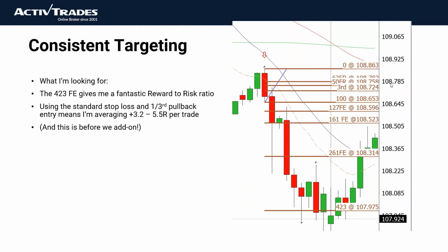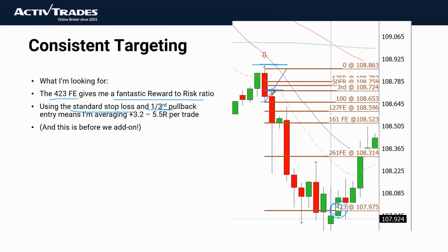Alternatively, depending on the time scale, and also if I'm trading with the trend, well then I might be looking at the 423 fib extension. And the thing about the 423 is it gives you a fantastic reward to risk ratio. So using my standard stop loss placement and my third of a pullback entry,